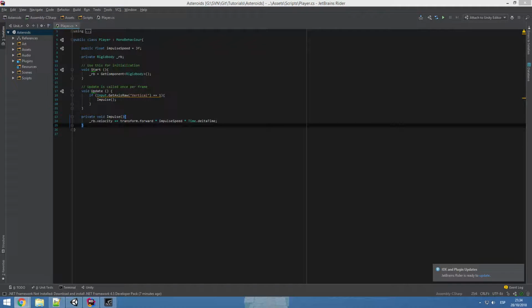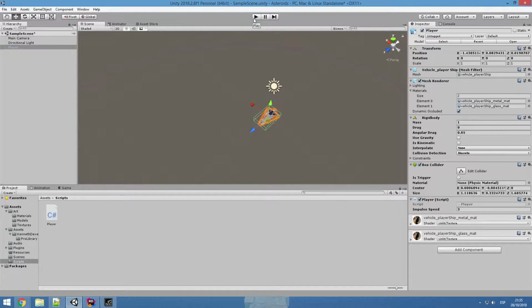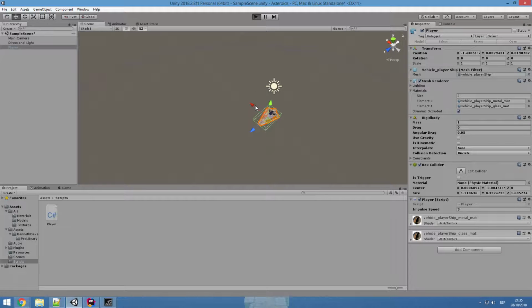The last thing is that plus equals over there. And this is really important because we are not actually setting the velocity. I mean, yeah, but it is not a constant velocity we are setting. We are accelerating every time we push the impulse button, so we make sure that this formula that we just typed is actually adding to the previous velocity. Now it should be working, so we hit play and